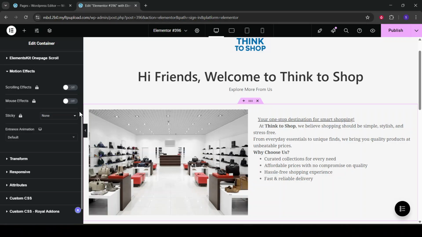Once you've applied the sticky setting to the required device, you might notice that your column moves awkwardly as you scroll. To fix this, you'll need to adjust the additional settings under the sticky section. Look for the offset value. This value will help you control how much space you want between the sticky column and the top of the screen when scrolling. Play around with this number a little until you find a distance that looks good and works